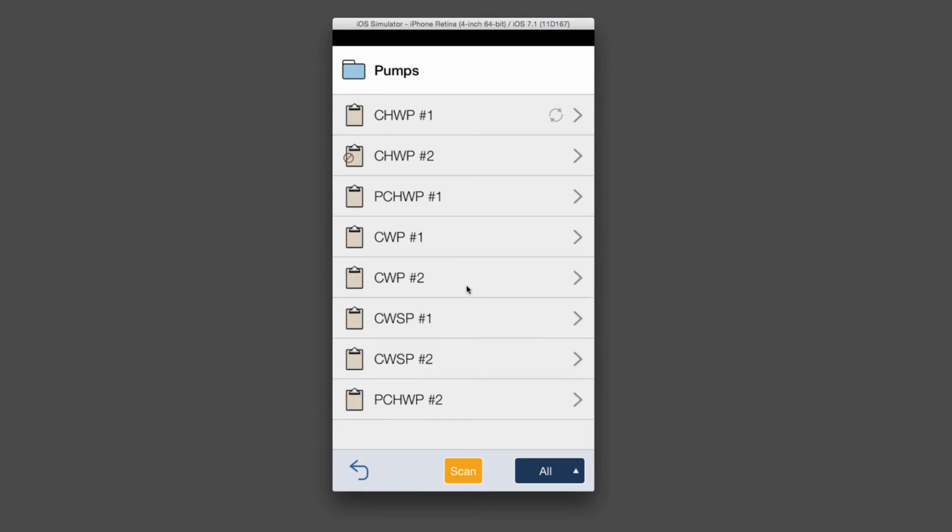And now this whole entire asset has been set to inactive. We've been returned to the groups, the pumps group, and now we can see that the chilled hot water pump number 2 has that inactive icon sitting on top of it. That's just telling us that it is disabled and we no longer need to reference it while we're going throughout